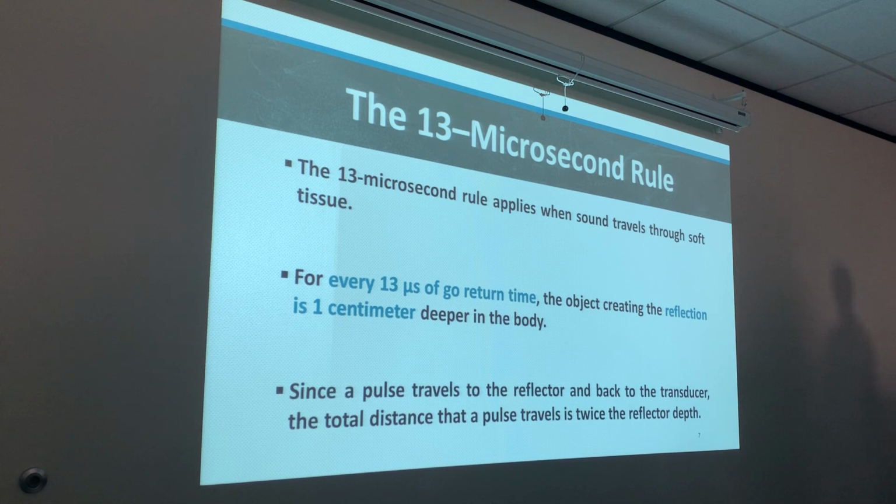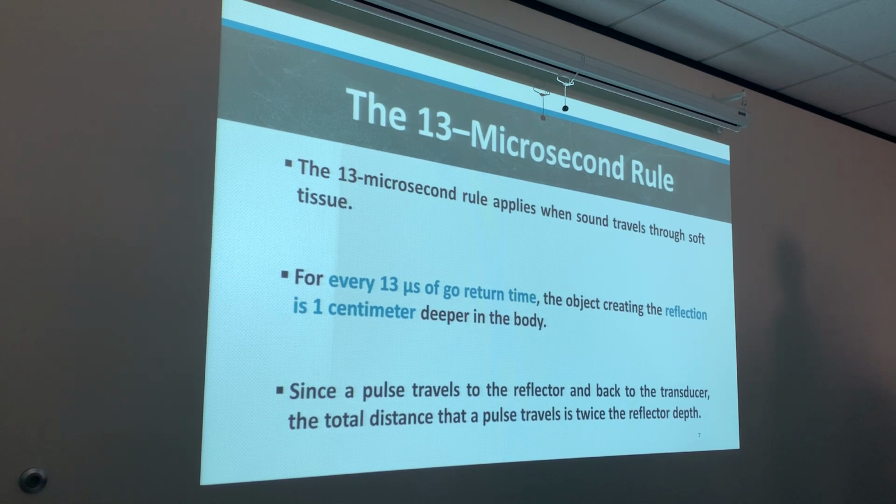Okay. So the 13 microsecond rule applies just to how deep the reflector is. Reflector being whatever structure it is in the body. Every centimeter of depth is approximately 13 microseconds. The ultrasound machine is assuming that. Which is why we always have artifacts as well, because it's always calculating that everything is traveling at 1540 meters per second. But that's how artifacts are produced, because we know if it's fat, it's traveling at a different speed. We know if it's bone, it's traveling at a different speed. We know if it's air, it's going to scatter and travel at a different speed, right? The ultrasound machine is not perfect, okay? But when it comes to soft tissue, it is, because it's assuming that all soft tissue is traveling at the